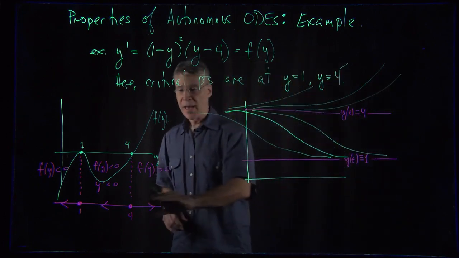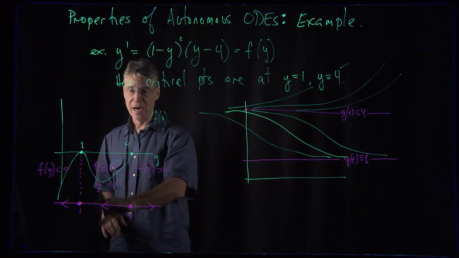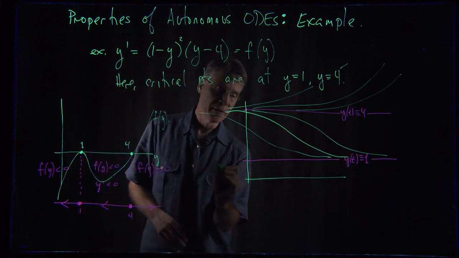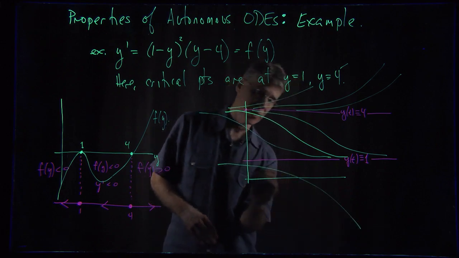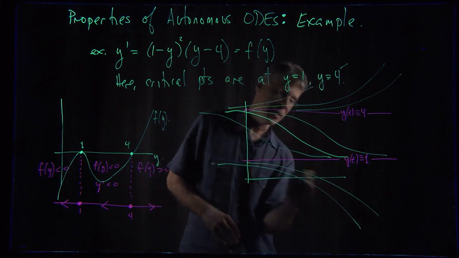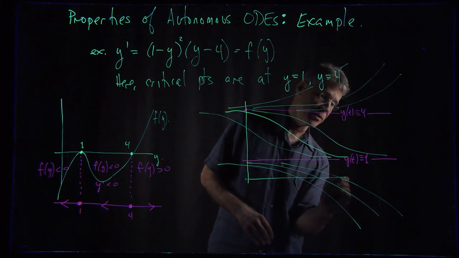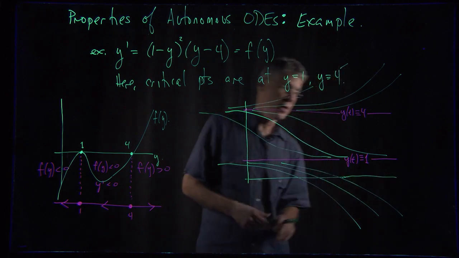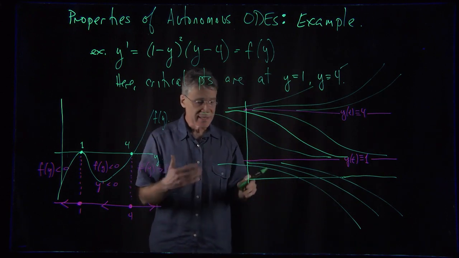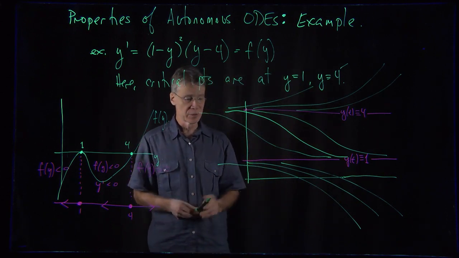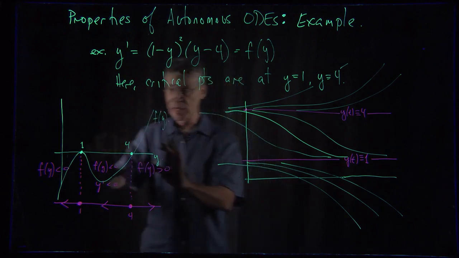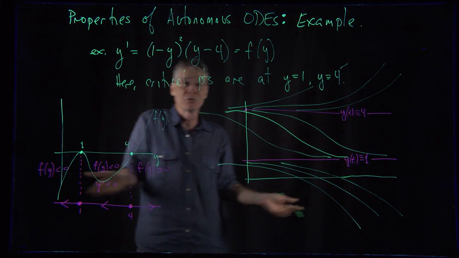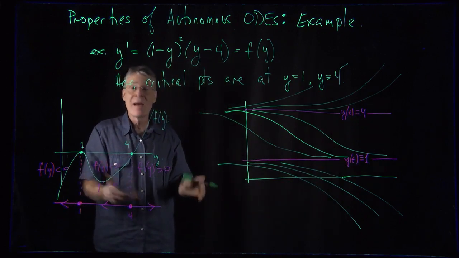Here. And I know that now if I pass down below 1, I know that I'm also heading down, so my solutions are heading down this way. And they have to head down steeper and steeper and steeper because this is just a polynomial, so it has to behave a certain way. So I can say what all of my solutions are basically doing. Just on this knowledge, I haven't calculated any solutions here, but I can draw them at least schematically,